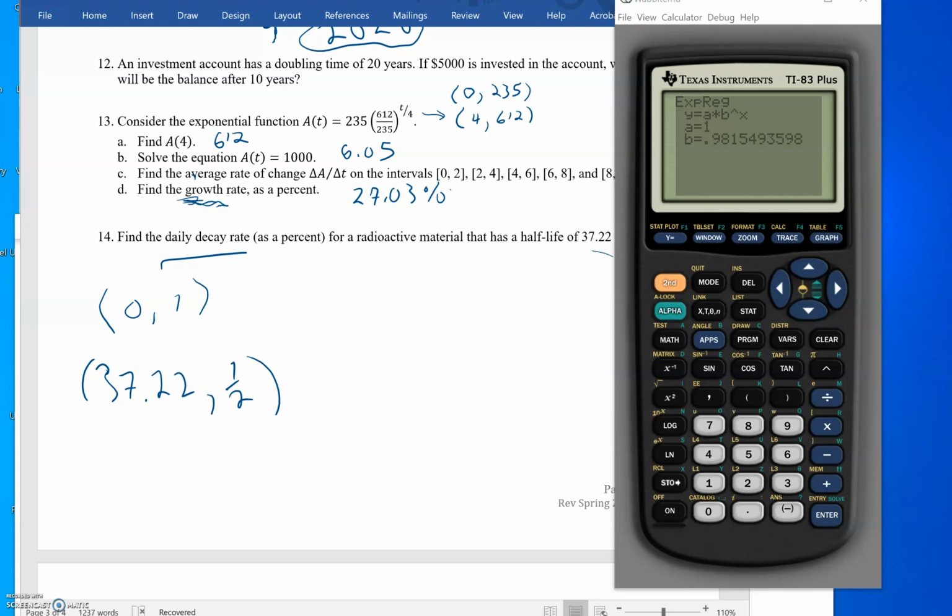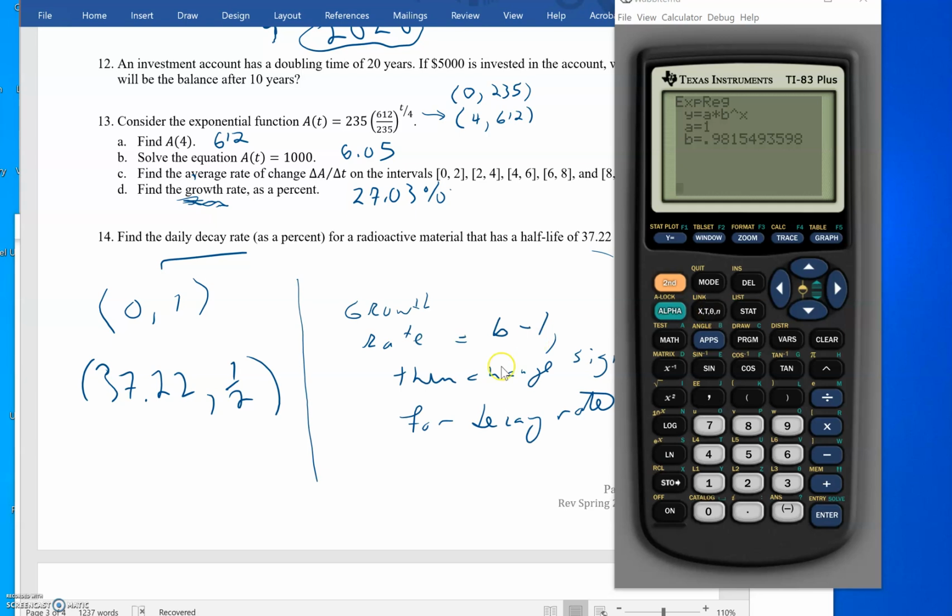So my point data would be at time 0, I'm going to just say that I have 1 unit since I'm not given a unit. And then after 37.22 days, I'm down to a half. So this is my point data. So I enter this in the calculator and do exponential regression. That's what you see right here. And this is the result of my exponential regression function. To find the decay rate, I'm going to first find the growth rate, which is b minus 1. Then I'll change the sign